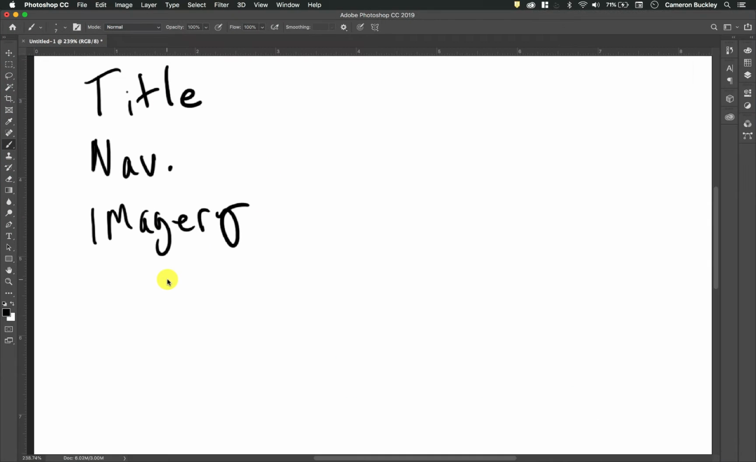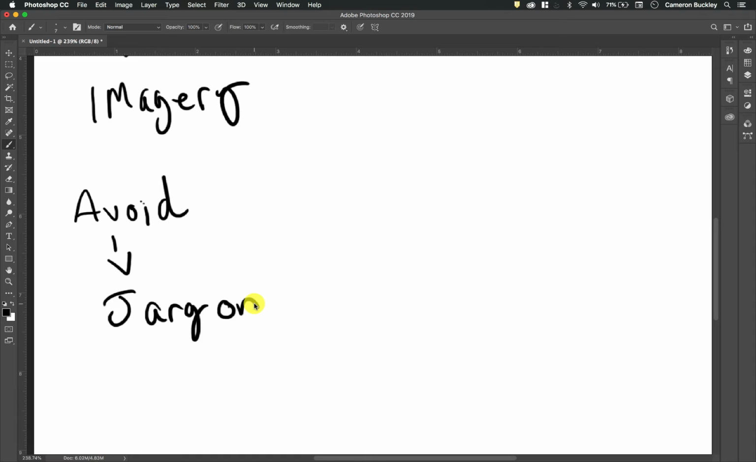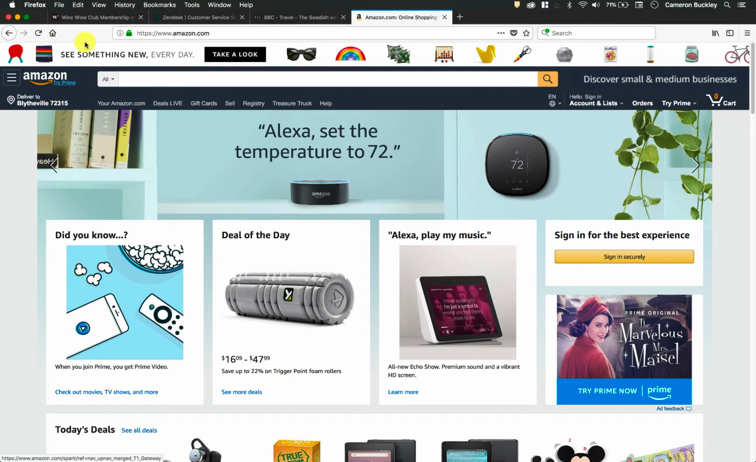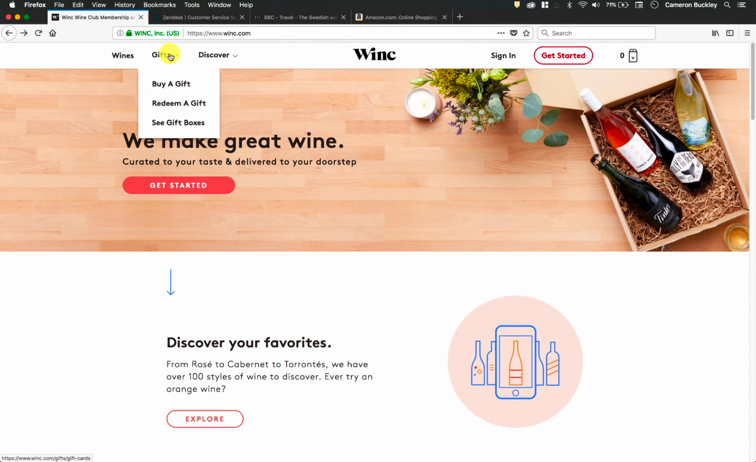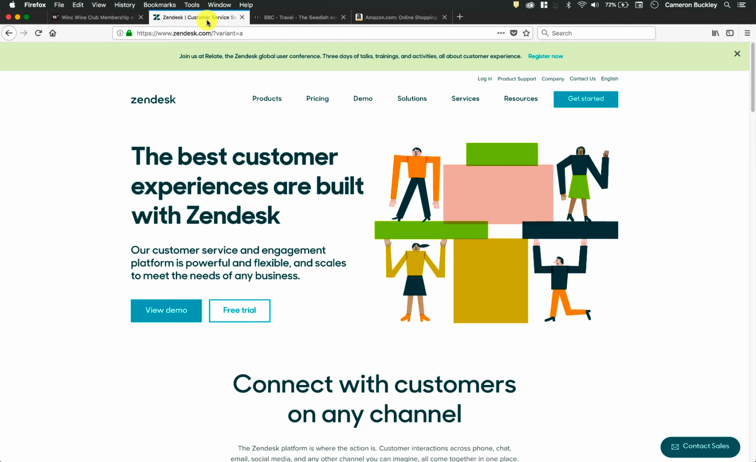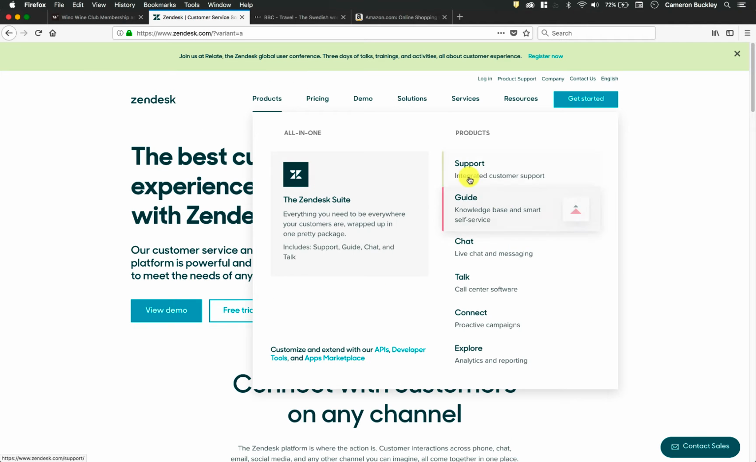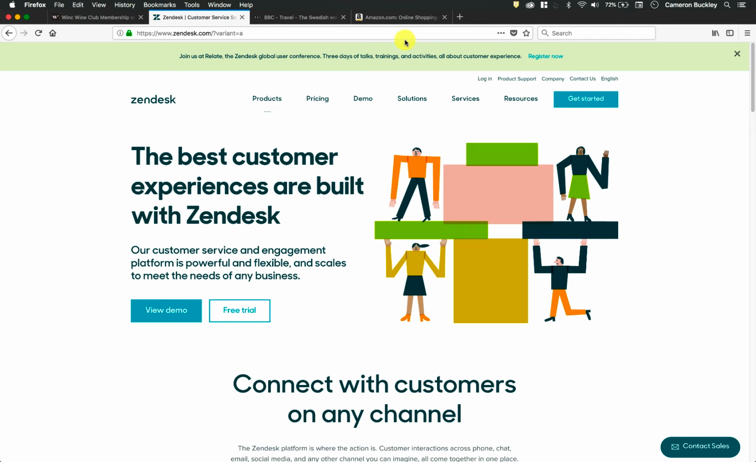Okay, so that brings us to our next point, which these are some of our don'ts, so our avoids. Avoid using jargon. All right, so technical words, especially for products and for navigation. Wines, gifts, discover, right? Very simple words. Zendesk, same thing. Simplicity. They're not necessarily listing a bunch of strange kind of phrases that are just for their